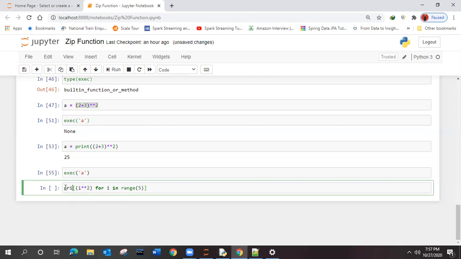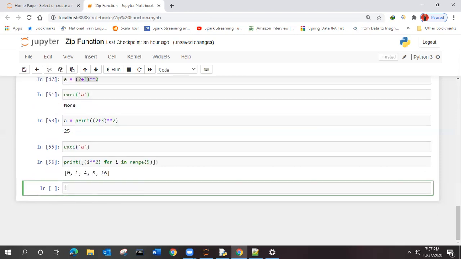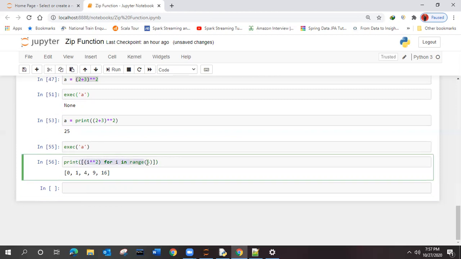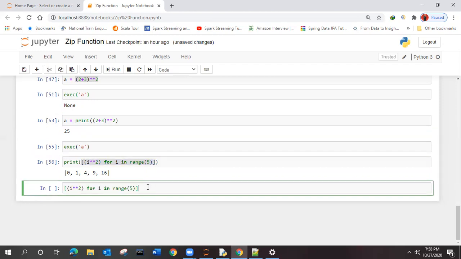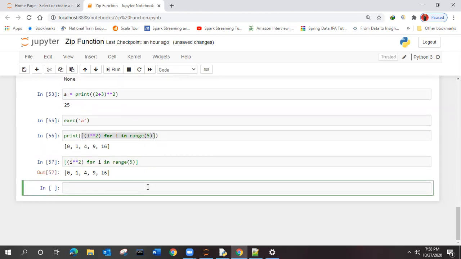What we can do is write this print inside, then you can be more clear. Got the point now? So now the same thing, I will take this print out. No print statement. What result are you getting now?